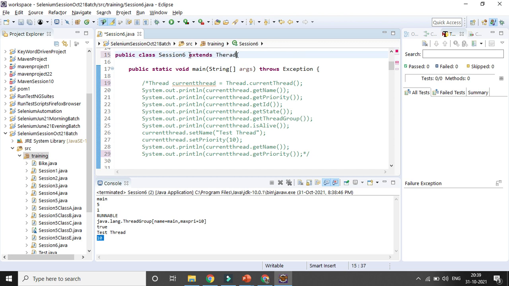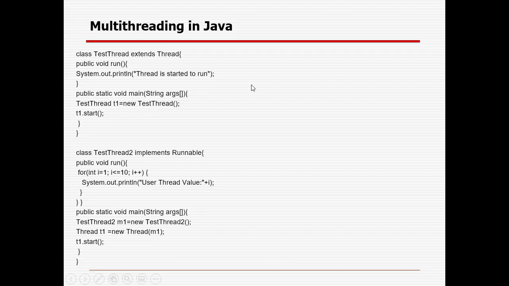Whenever you are extending the Thread class, you need to create a method called run. That is the difference with threads. With those methods, you need to start the thread. So thread will not behave in the same way. You need to remember the life cycle first: new, runnable, running, waiting, dead. And how you are creating the thread: extending the Thread class, and whenever you create it, you need to define the run method.